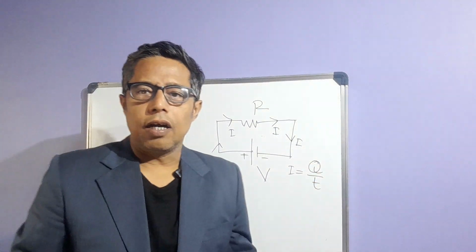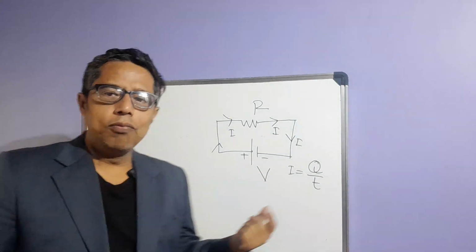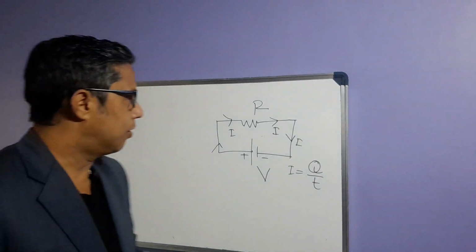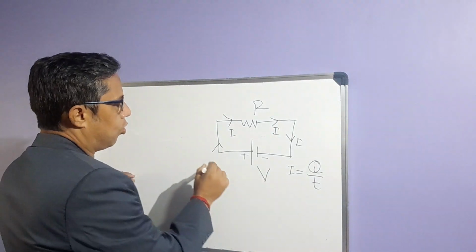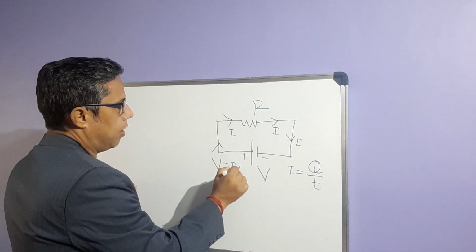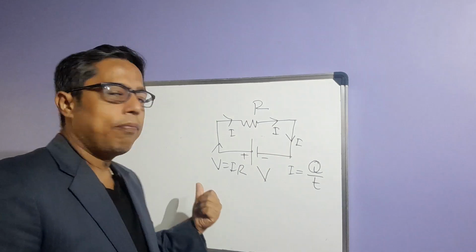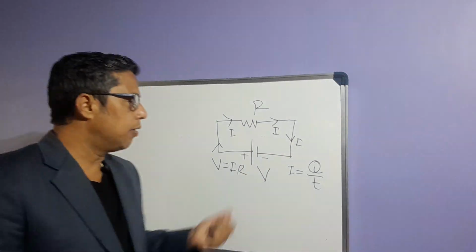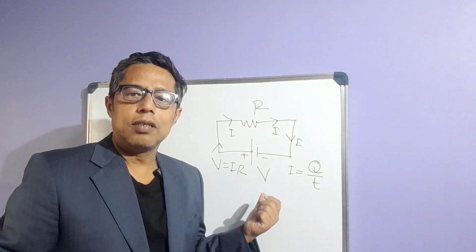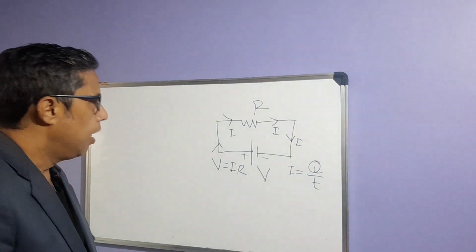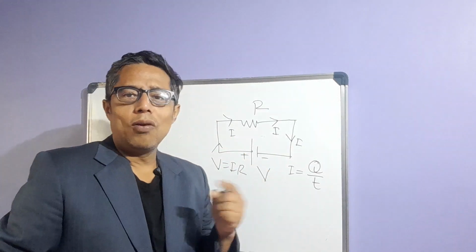Current means flow of charge, and flow of charge means actually flow of electrons. Okay, so current means flow of charge, and Ohm's law, V is equal to IR, means that this current depends on the applied voltage. The more voltage you apply, the more current you receive, right? And also there is ohmic and non-ohmic